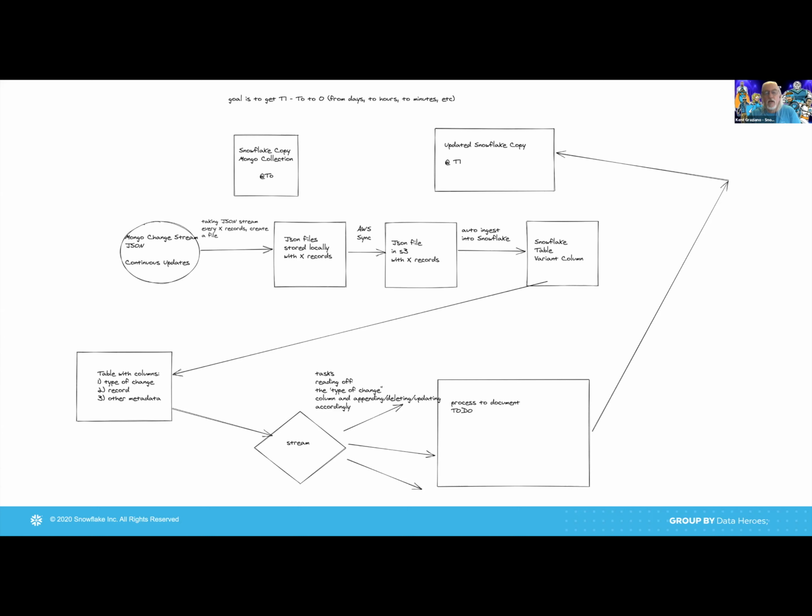Okay. So does Snowflake then have all the historical changes with this approach? By historical, I'm assuming, because we started the clone at time t0, as you see up top here, the Snowflake copy of the Mongo collection at t0, it has everything from t0 and on.